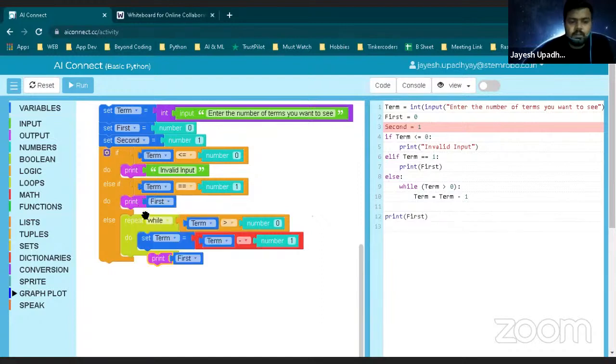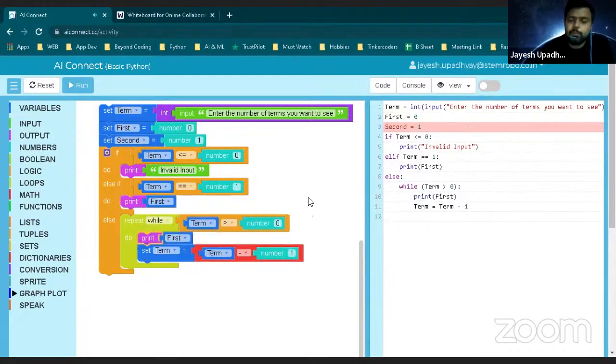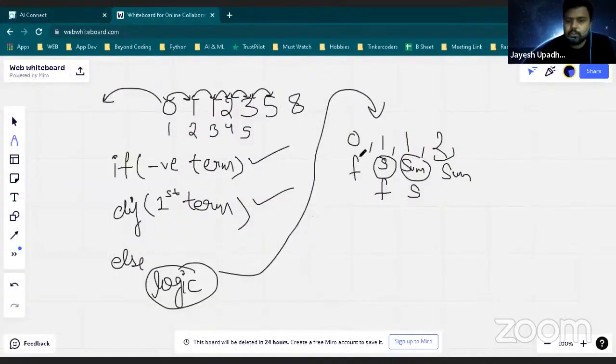I will say that always print the first number. Okay, always print the first number. So the first number is 0, I want to find the next number. So it's just like this. First, printing the first number, loop work, printing the first number. Then change the second to first and sum to the second. Okay, so we need to do this. So for that, what I will do,